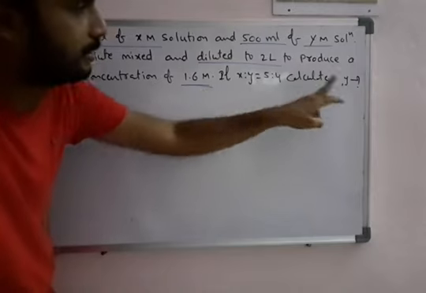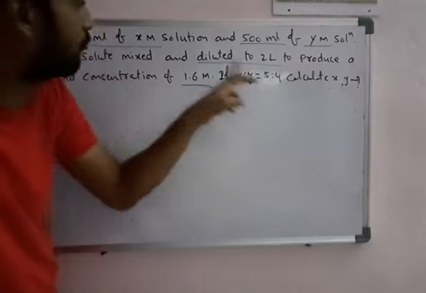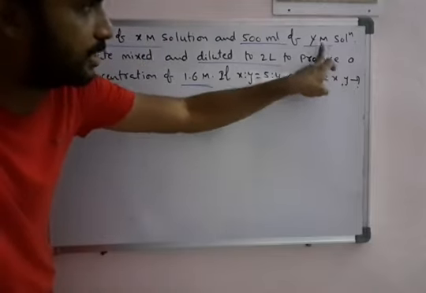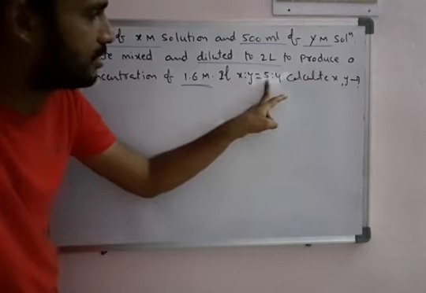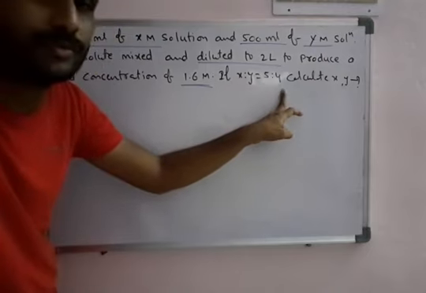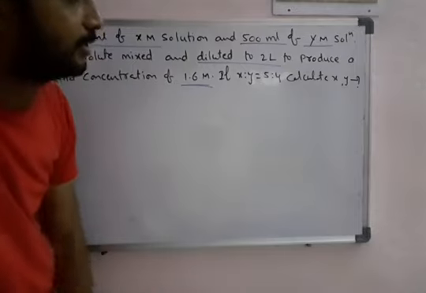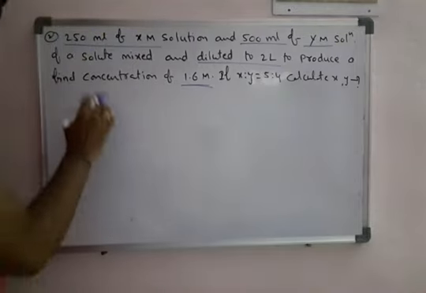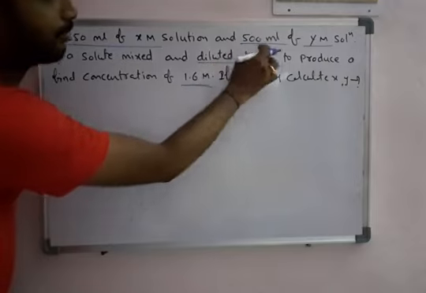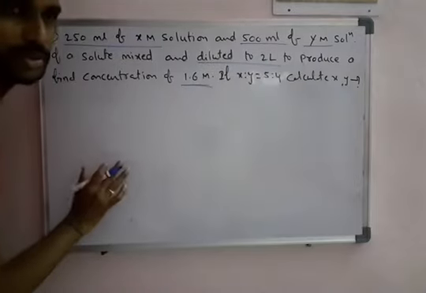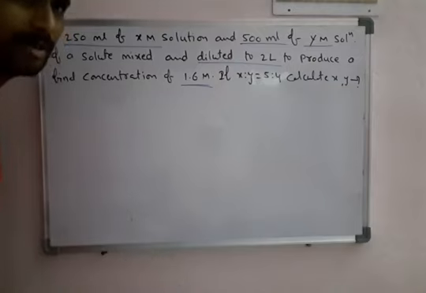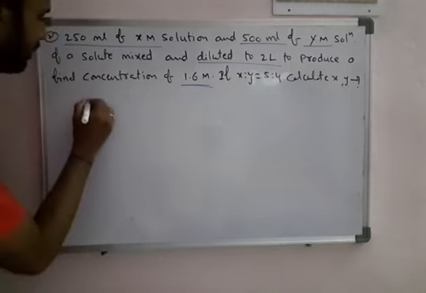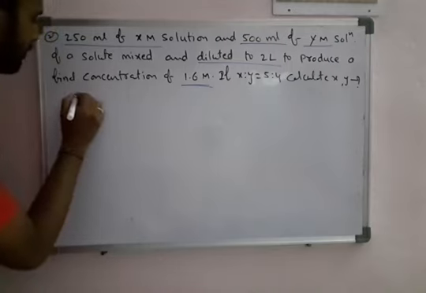So we need to find X and Y. What is the concentration of the first solution? What is the concentration of the second solution? The clue given is that the ratio of X and Y is 5 to 4. We need to calculate X and Y. So first we see 250 milliliter of X and 500 milliliter of Y of the same solute. They may be acid, they may be base, or they both may be acids or bases or salts, but both are the same. That's why if same solutions are mixed,